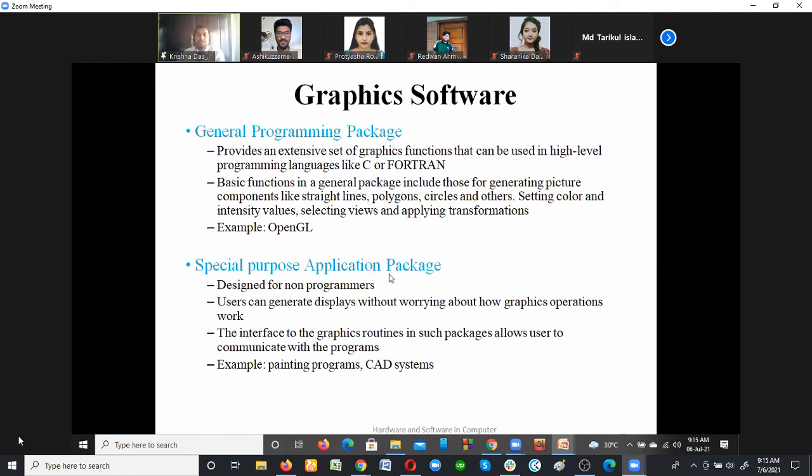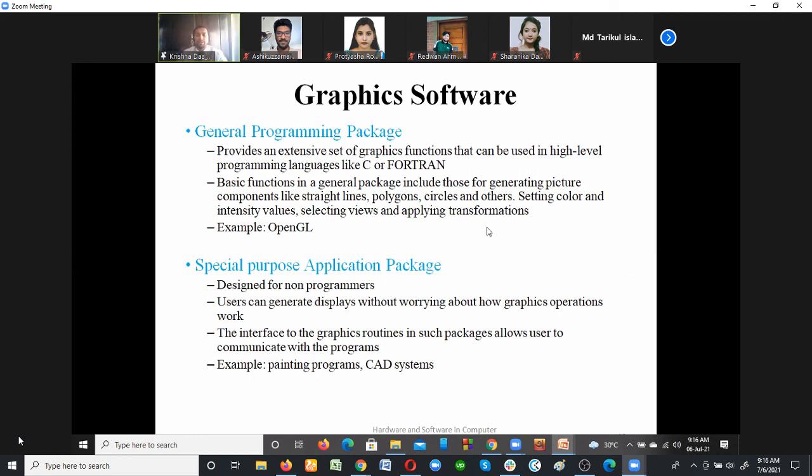That is actually the special purpose application package, like a CAD system, painting system, or visual effects system, all of them. So you come to know that in 1 month you can become a graphics designer, as they call it. But from an engineer's perspective, how can you become a graphics designer through programming? You can use different languages. These days most languages support many types of graphics libraries by default, and by using those we can draw many shapes and create complex images,